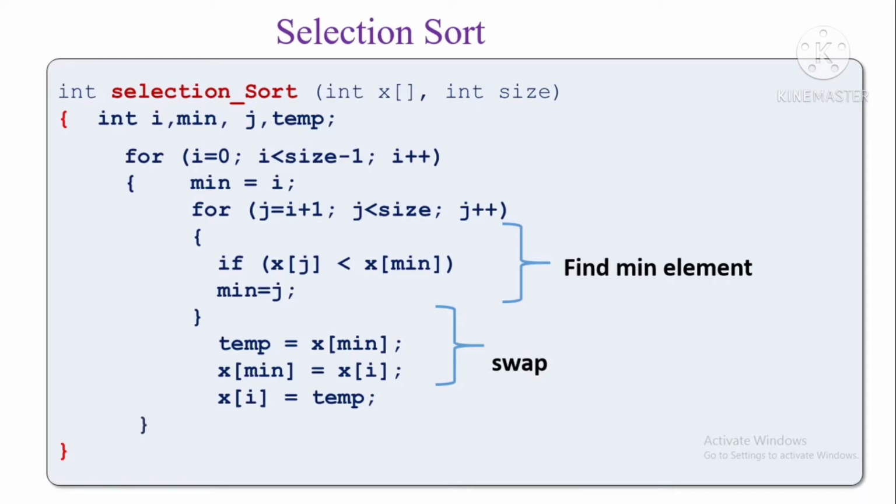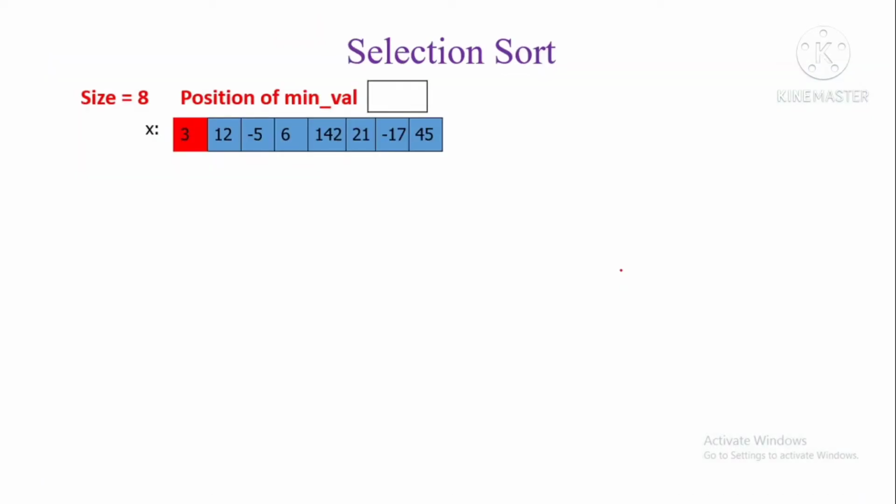Now we will see how to write an algorithm for this selection sort. As we know, initially we start with fixing the correct, minimal value in position 0. The 0th position we will fix by finding out the minimal element from the rest of the array. So initially I is equal to 0.